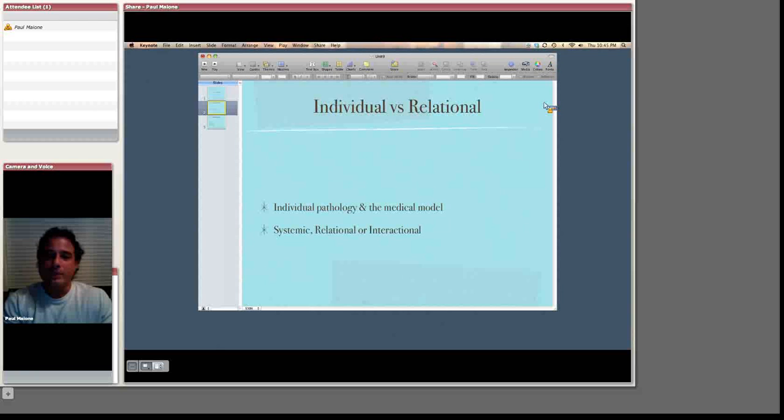If we look at structural family therapy, it was the same thing, only the symptomatic member was the identified patient, but the dysfunctional hierarchy, according to the structural model, was what produced the symptomatic member. And if you correct the hierarchy, and parents are in the parental subsystem and kids are in the child subsystem, then symptoms will disappear. Same idea, but just a little different language.